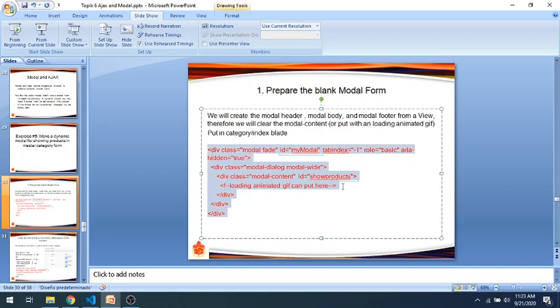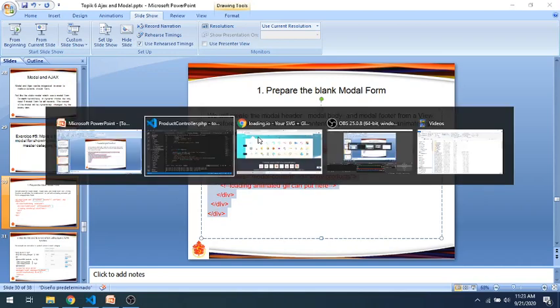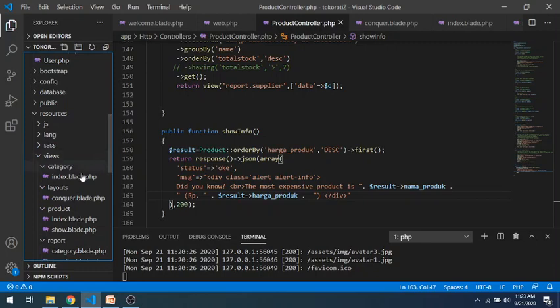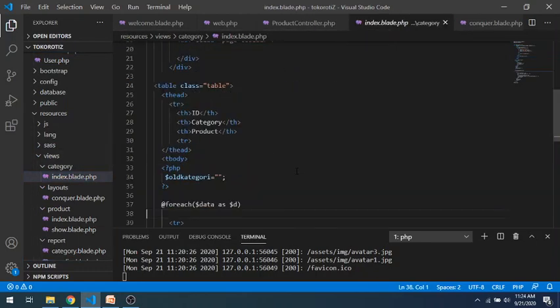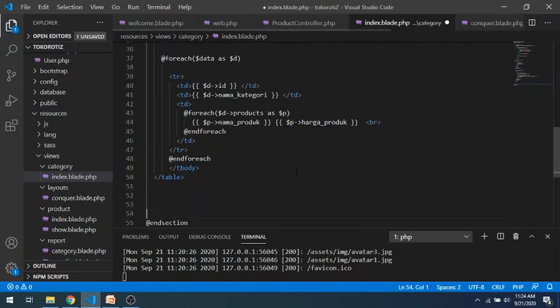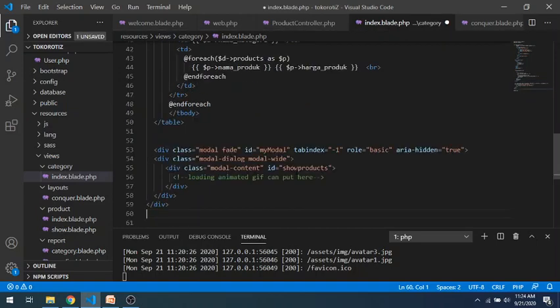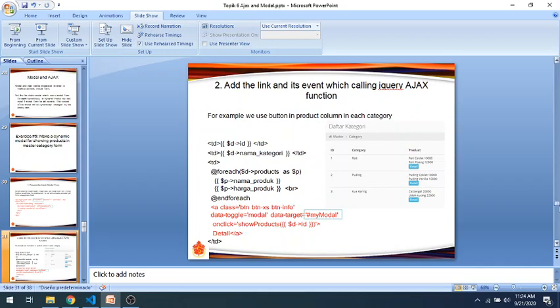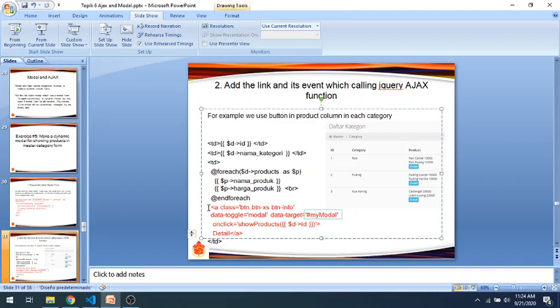Okay, we copy it, put it in the category index view, category index split. We can put it in some place, but inside the section. Yeah, I put it here, and we create the button here.